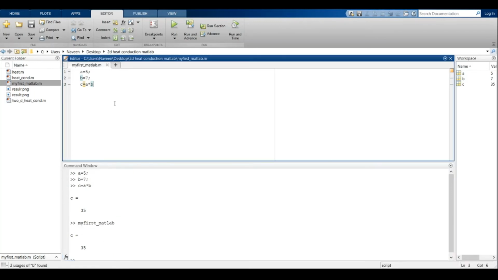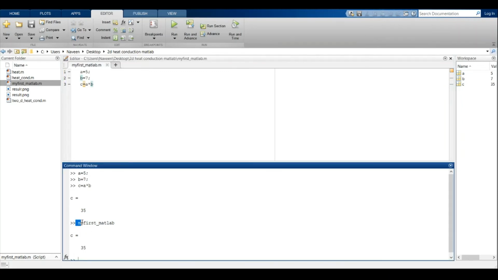And another thing is I have given a semicolon sign after 5. Here I have also given, but I have not given after c equals to a into b. So what is use of this semicolon? Well, the answer is if I give the semicolon, it will not appear in the command window. See, I have given a equals to 5, b equals 7, but these things are not appeared.